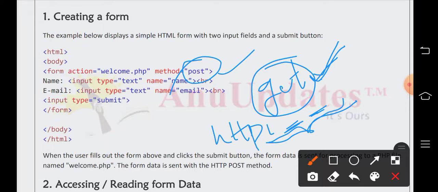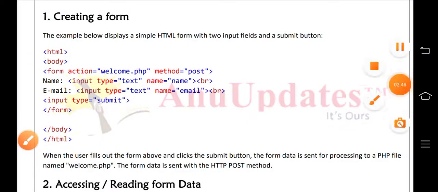We can see them, but we don't understand what the actual data represents. Get means all the values are visible, whereas post means the values are represented in encoded form. Finally, get method is used to get the data, whereas post method is used to display the data. Getting the data is nothing but requesting the data from the resource.